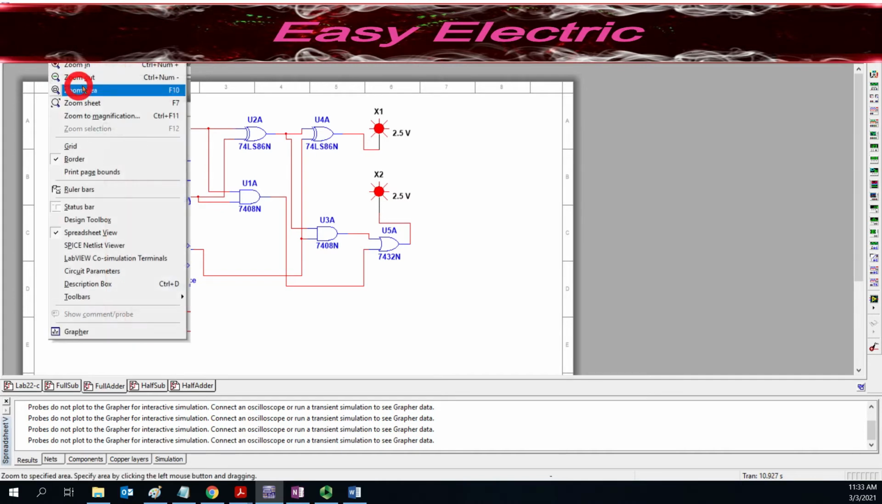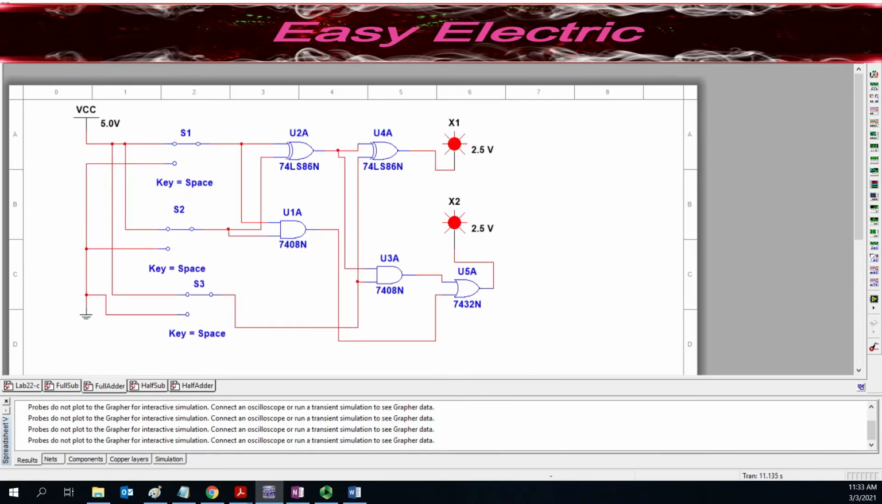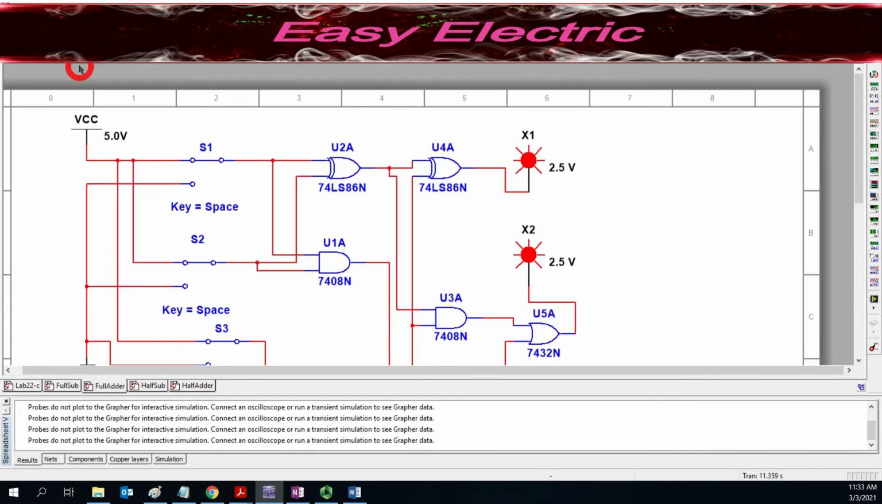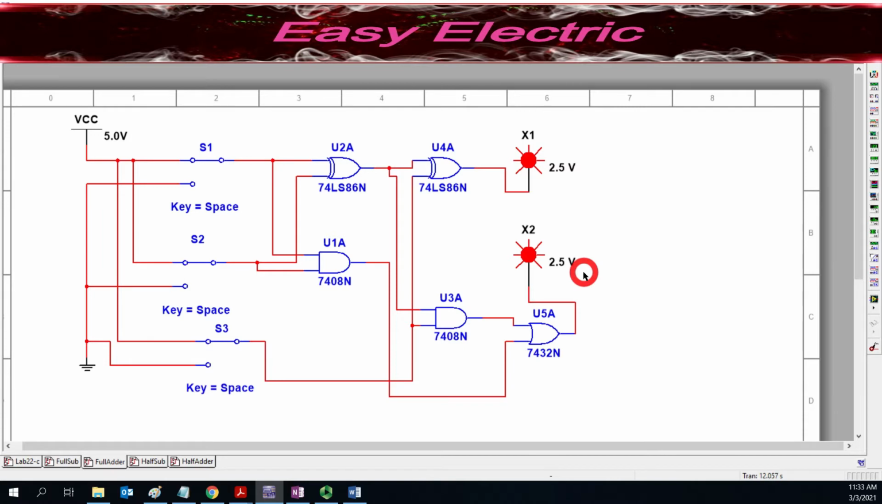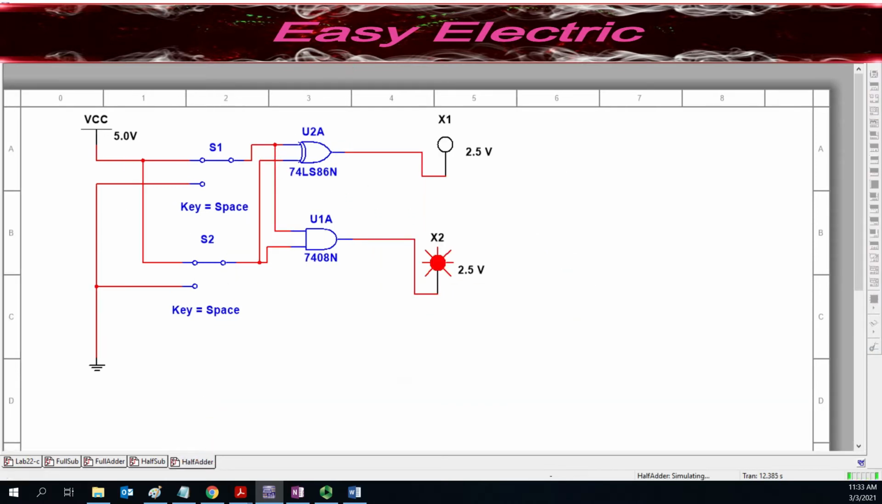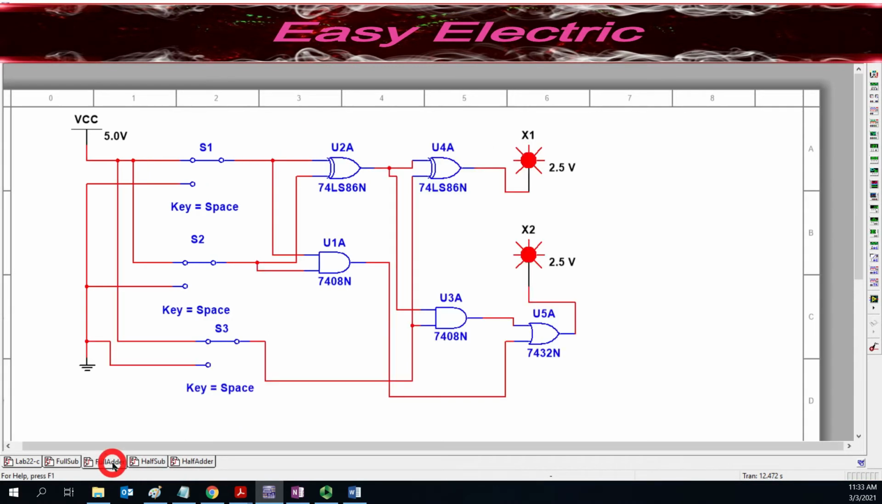So let's zoom this a little bit, so that we're able to see better. And also I could close this. So as you could see here, first I need to stop this half adder. So back here to the full adder. As you could see here for the full adder,